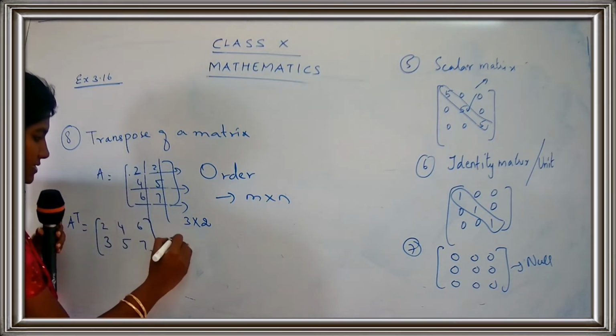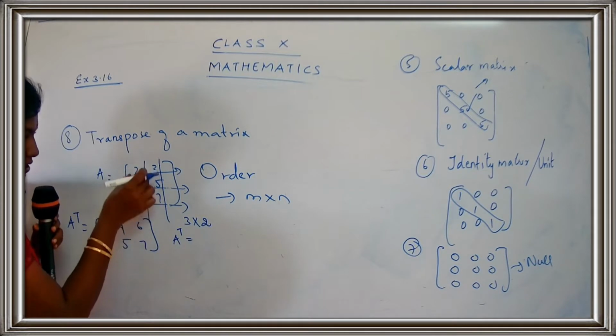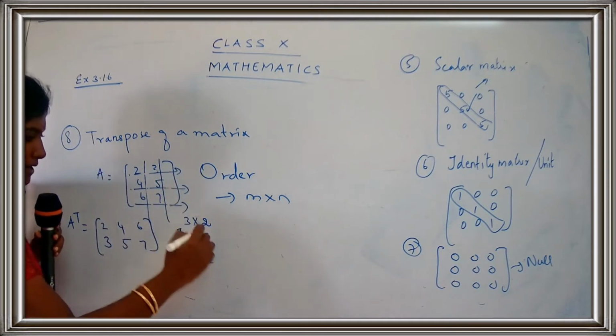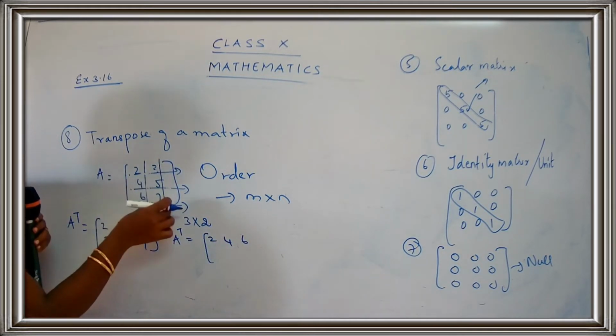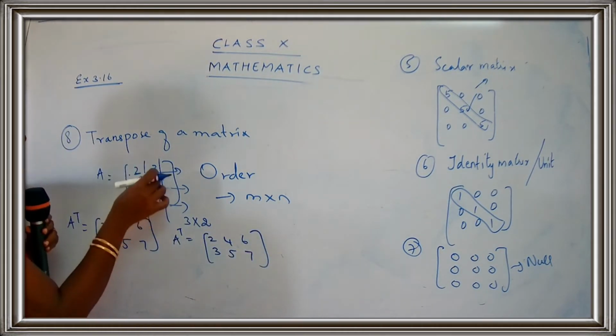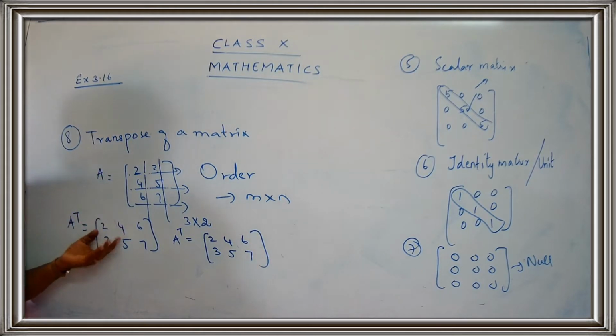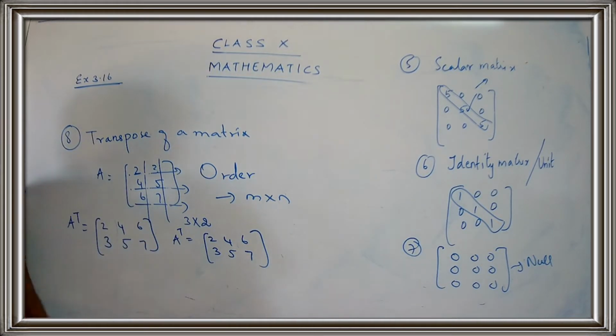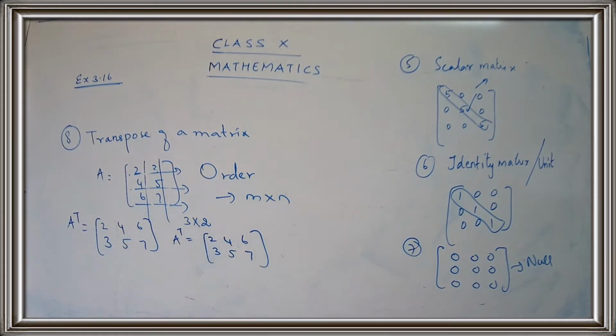Same way I have told you, we can change the column also. So what is the column here? 2, 4, 6. So now 2, 4, 6 is standing. Yes, children, so you write down in a sleeping manner: 2, 4, 6. 3, 5, 7 in a standing manner, so write down in a sleeping manner: 3, 5, 7. That is interchanging the column into row. If you interchange row into column, or if you interchange column into row, you are going to get the same answer. This is a very, very important concept that we have to use in our matrix. This is a transpose. What is the meaning of transpose, children? Interchanging the rows into columns or columns into rows.